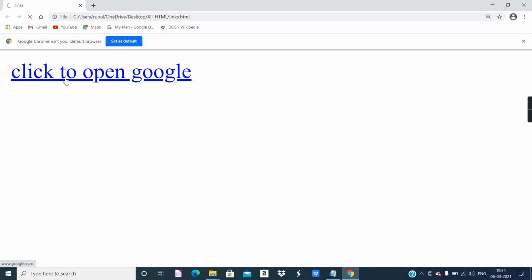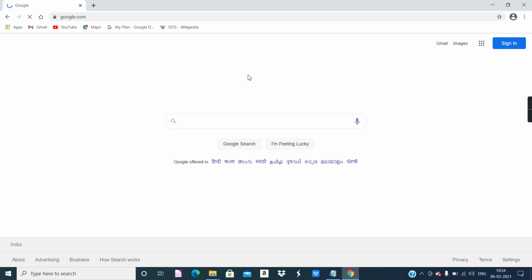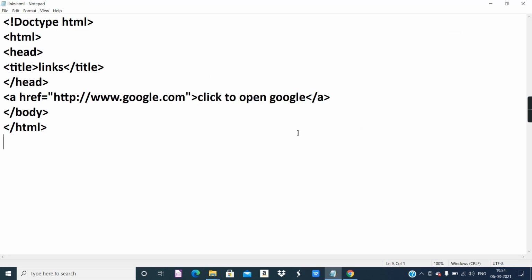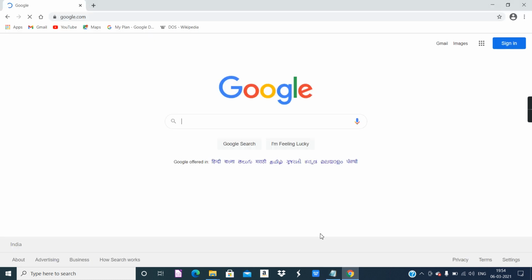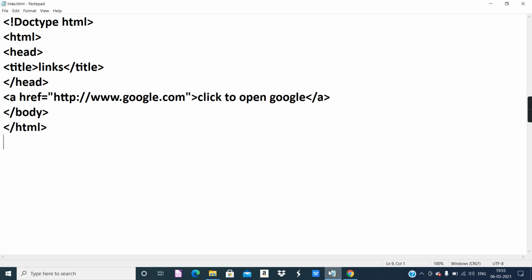So I will click on it. Now see what happens. It is slowly redirecting, as you can see from the change in the title bar. And the Google web page has been loaded. Now I will click on back. This is the link which I clicked and visited the Google web page, so automatically it turned into the default color of a visited link, that is purple.